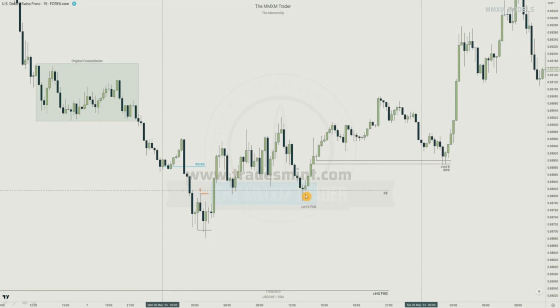So over here, first entry was possible. On a Tuesday, there was another entry possible, right? Draw out your midnight opening price, 12 a.m. EST, and then that redelivered, rebalanced PD array is over here, creating this breakaway gap, and then drawn liquidity was still not reached, right? Remember, on a 4-hour time frame, that original consolidation is even higher. So the potential to go higher and higher on this chart is very likely, and we can see we just use those discount arrays, and then second opportunity on a Tuesday arrives, and then eventually liquidates that market maker buy